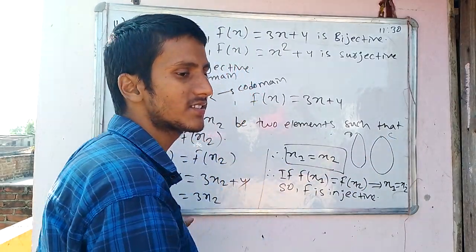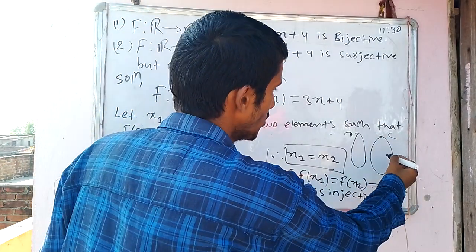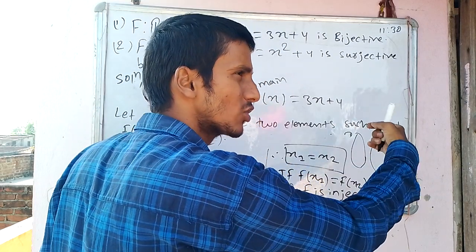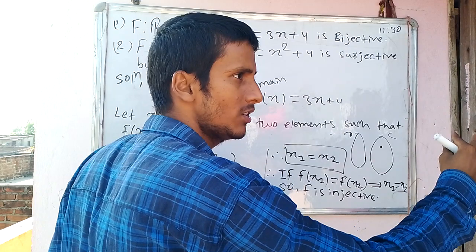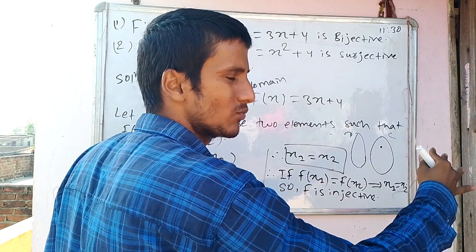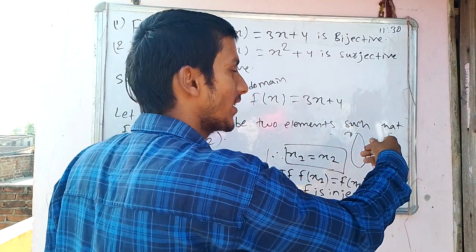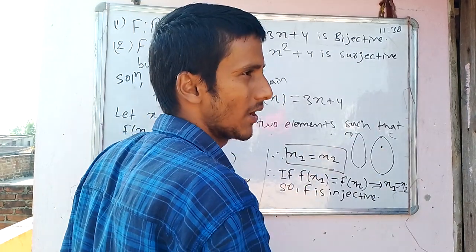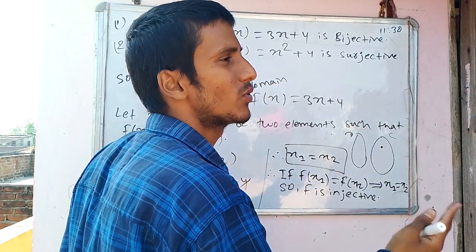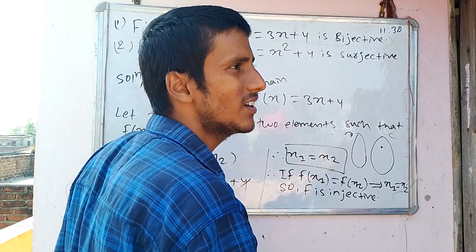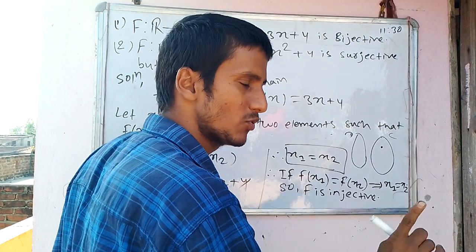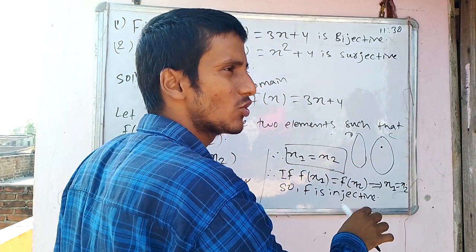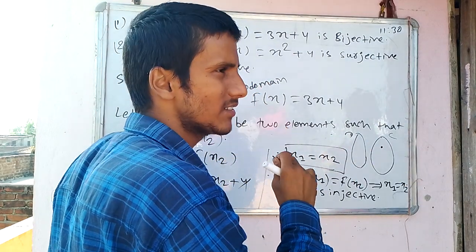To prove that this is surjective, we're gonna pick any arbitrary element from the codomain, and if there exists an element in the domain for that corresponding element in the codomain, what does that mean? That means it is surjective. Let me repeat. If I pick any arbitrary element in the codomain, and if there exists an